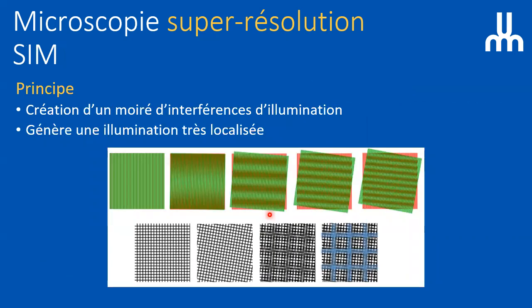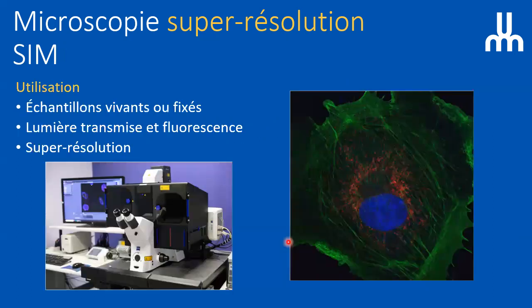Another thing about super resolution microscopy is called structured illumination microscopy. What we do here is use a pattern of illumination, and by combining several patterns, we can have this kind of interference band. Same principle, but instead we're going to narrow down the place that is actually illuminated. And the good thing is we have one such microscope at the Faculty of Medicine, you can look at whatever samples you have in a super resolution